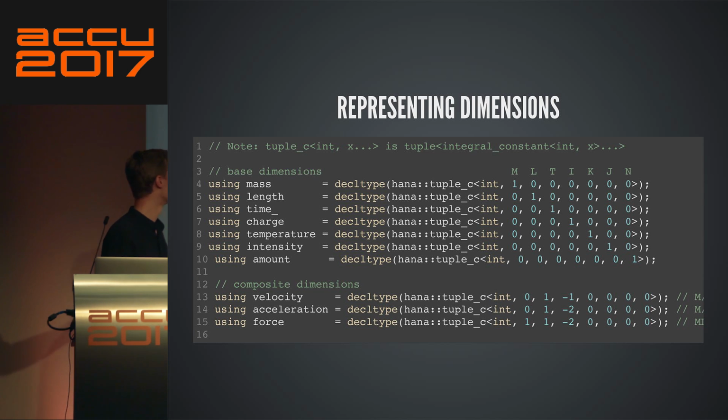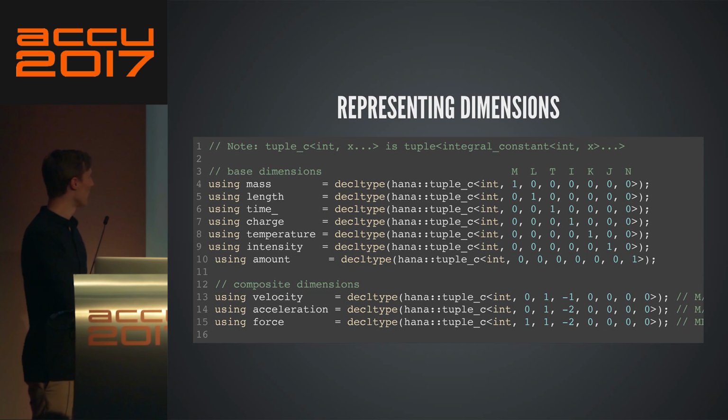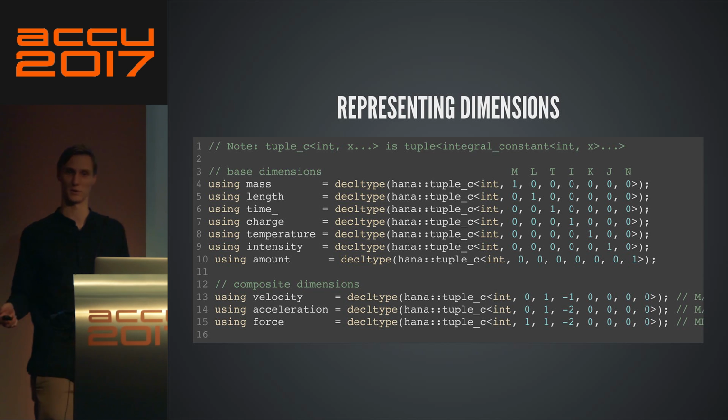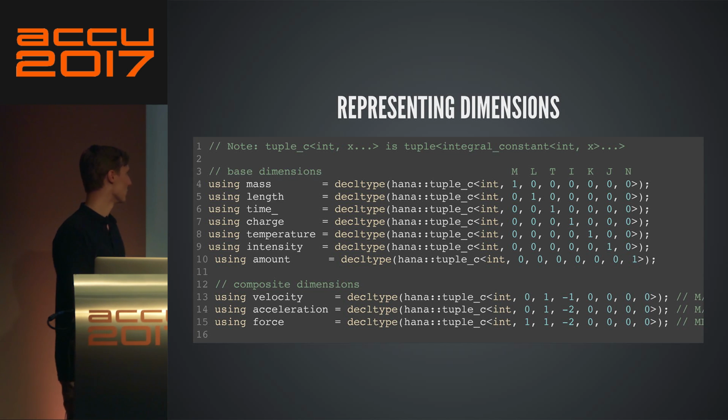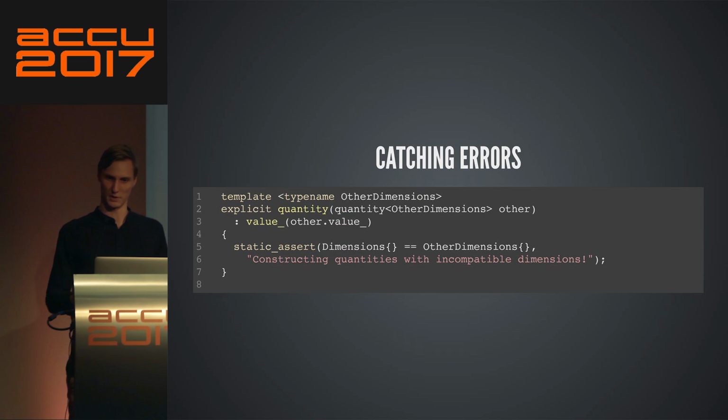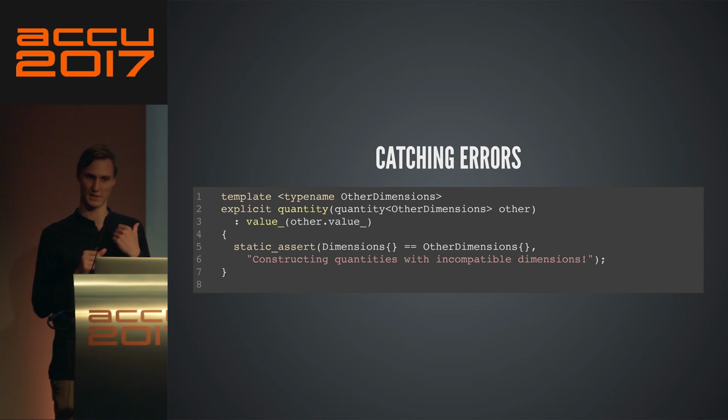Distance over time, yeah. So it's distance exponentiated to the 1, and then times time to the -1, which is over time, essentially, right? And then you can create other composite dimensions like acceleration, where you just say it's distance over time to the 2, time squared, and so on. And now the interesting part is here, where we actually catch the errors.